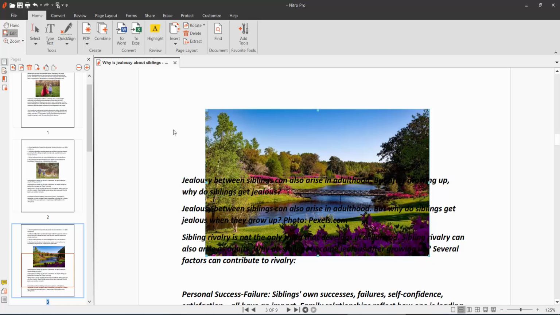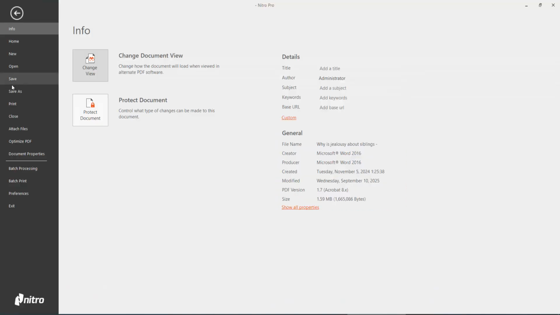And finally select this file option, save or save as a